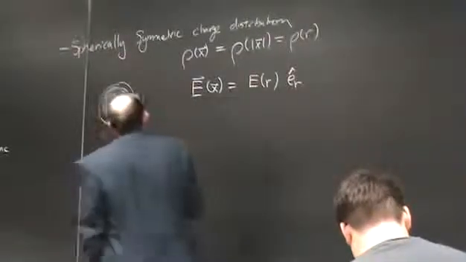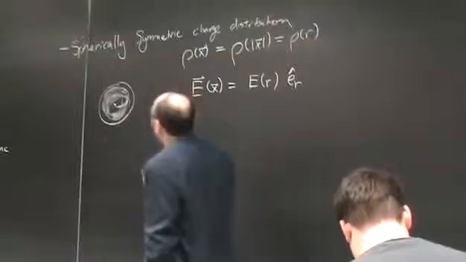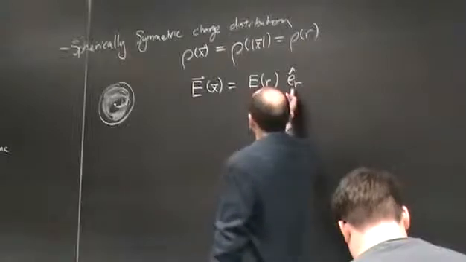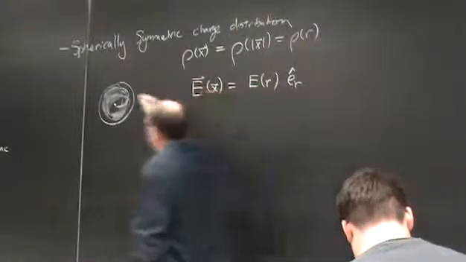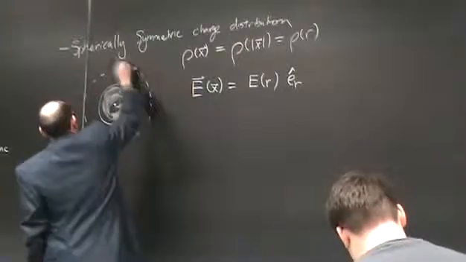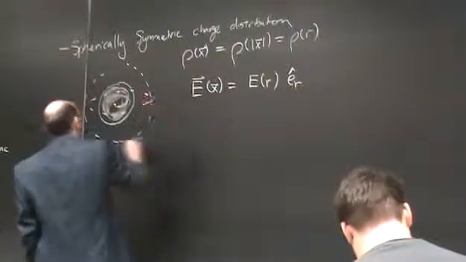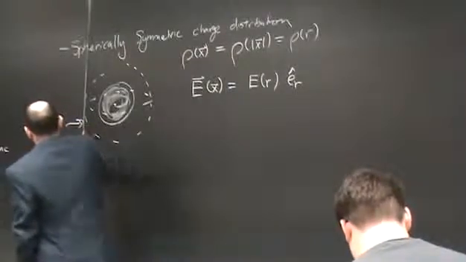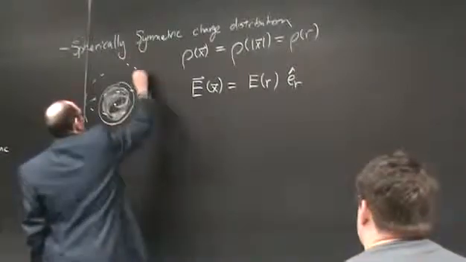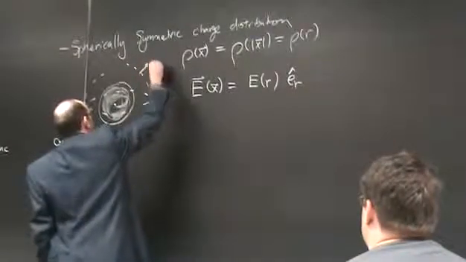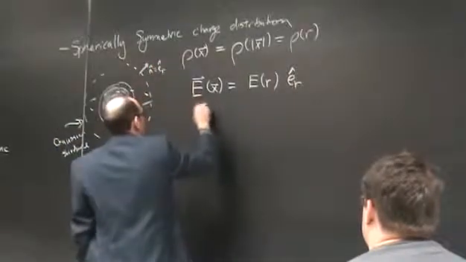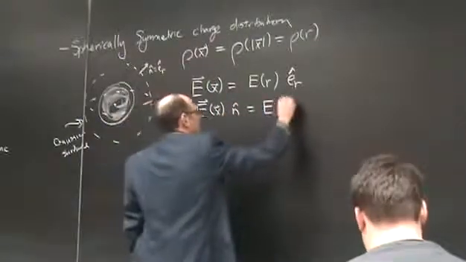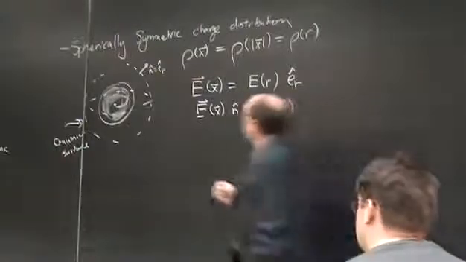we know what kind of surface we should choose in order to determine the flux integral. We should pick a surface whose normal is in the radial direction. So we should choose a sphere as our Gaussian surface, whose normal is in the radial direction, in which case E dot n hat is E sub r, and